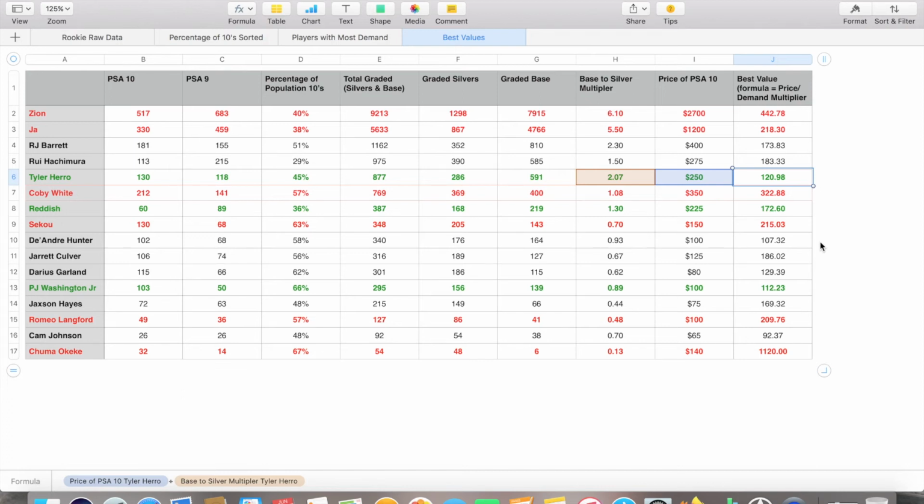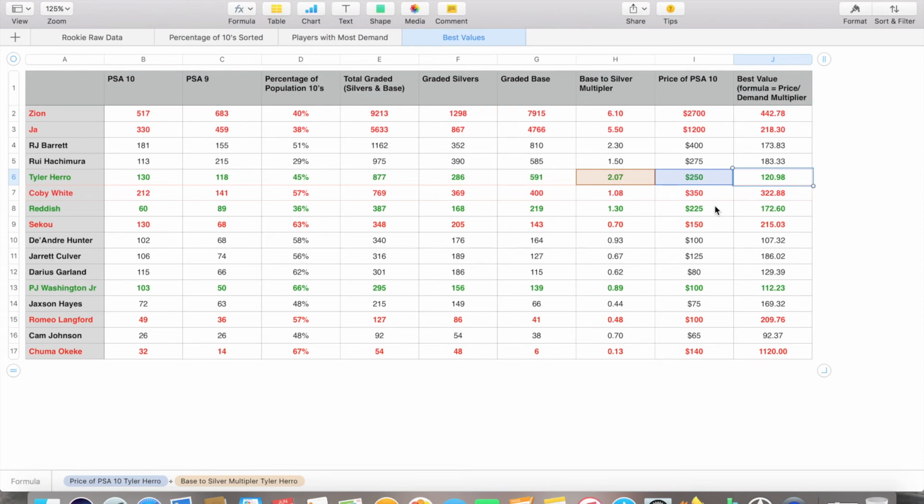Like I said, I'm not making any claims on the future value. All I'm saying is that right now in the current market, if the market were to go up and only go up, Tyler Herro would be a good buy at this particular point in time. The next player that I think